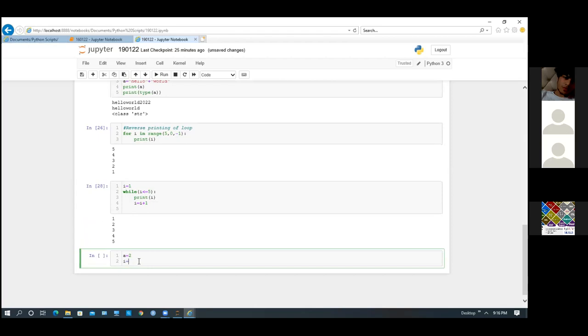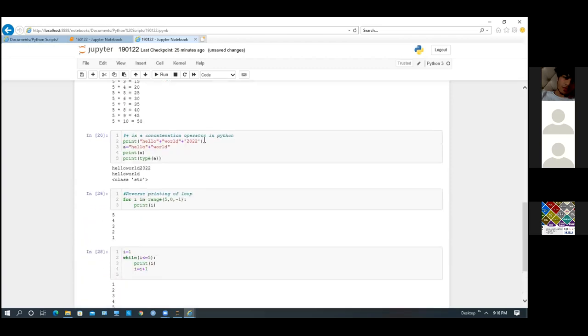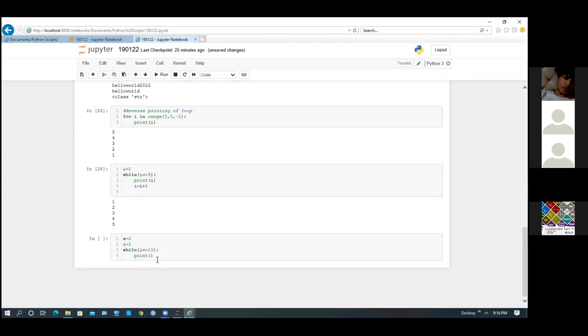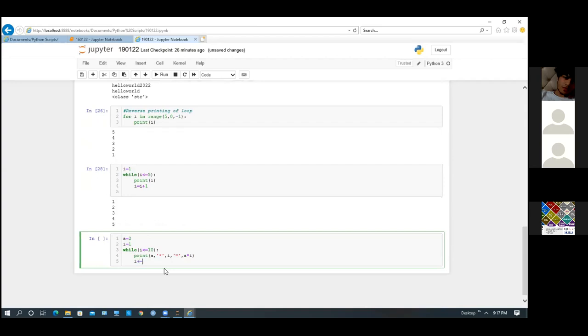I equals 1, while I is less than or equal to 10, print A into I, and then I plus plus.